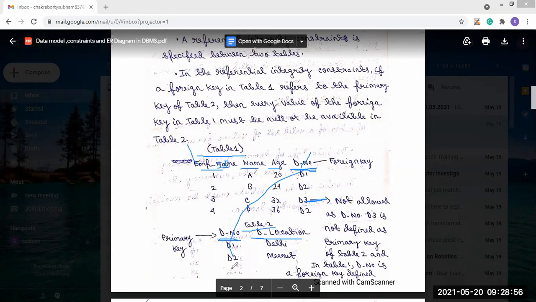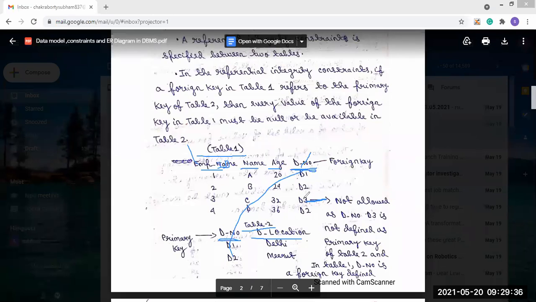So this is basically the concept of referential integrity. When we use the relationship, foreign key is used for what? In that table it will be the foreign key, but in another table, this particular attribute will be the primary key. The values present in that primary key should be present in the foreign key also. Any extra values cannot be present. Here you can see D1 and D2 are present, so in this foreign key D1 and D2 are present.